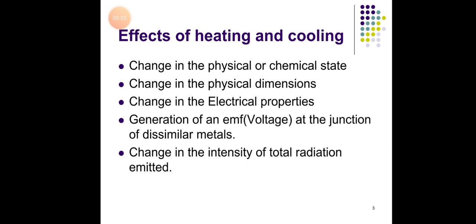First topic is effect of heating and cooling. Actually, when a body is heated or cooled, various effects can be observed. These effects can be a change in the physical or chemical state, change in the physical dimensions, change in the electrical properties, generation of an EMF or voltage at the junction of different metals, and change in the intensity of total radiation emitted. The existing temperature detectors use any one of the above 5 types of variation to detect the change